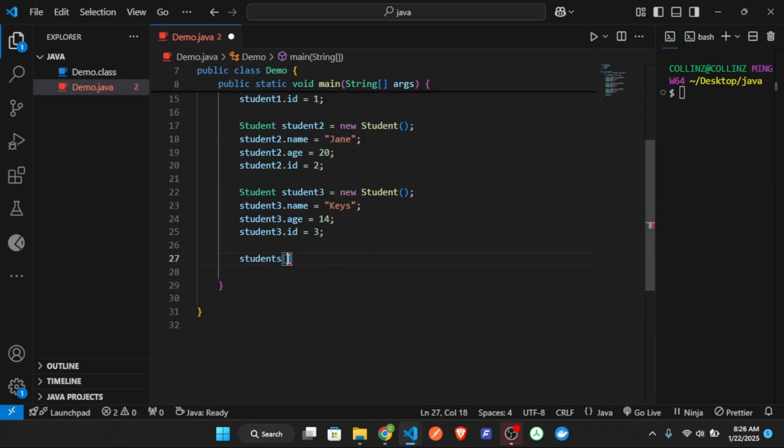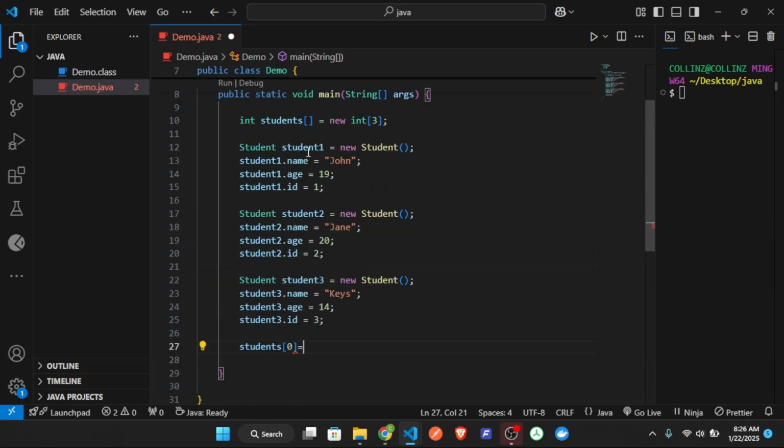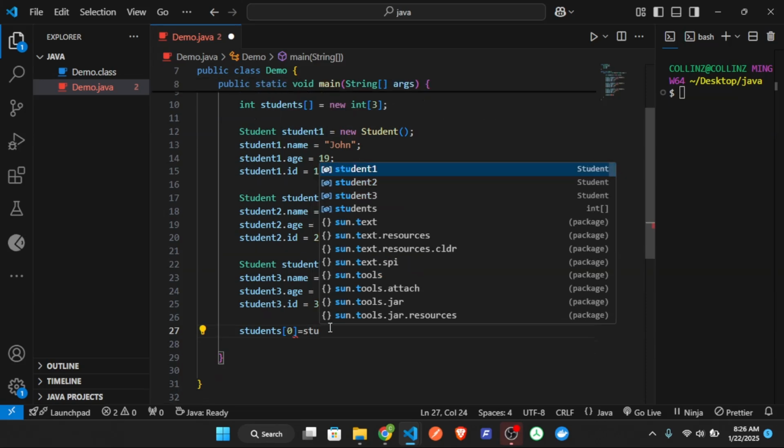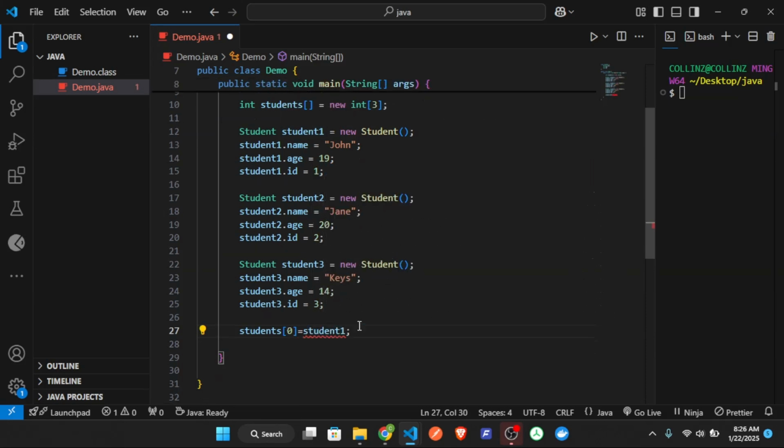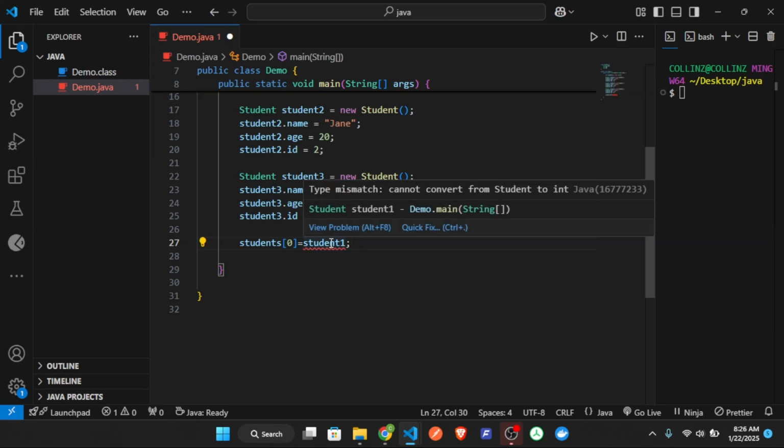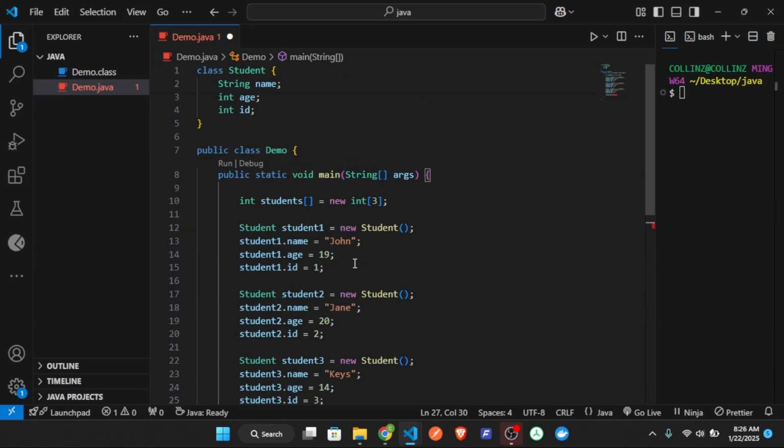So on position 1, which is represented by 0, remember begin counting from 0 going up, meaning 0 will represent our first position. I'm going to put our student 1 that we created, our object that we created, then close. But it is saying type mismatch, cannot convert student to integer. So we are saying, you see this line, int students are new int integers. We are giving the student